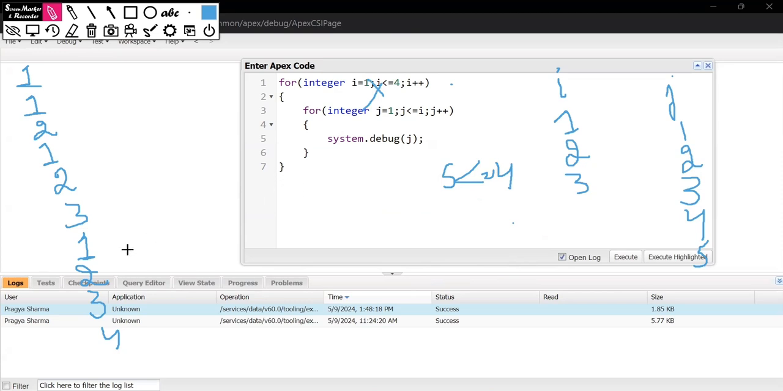So now what should be the output of the program? It should be 1, then 1, 2, then 1, 2, 3, then 1, 2, 3, and 4. This should be the output of our program. Let's see if it matches. So if I go back